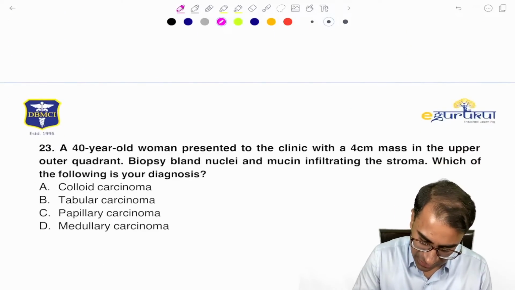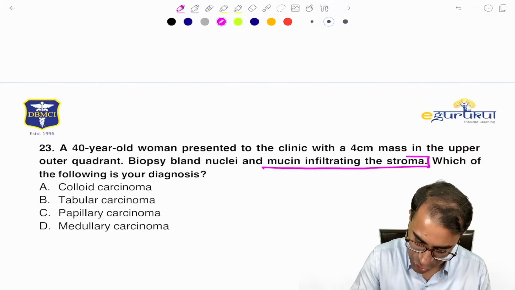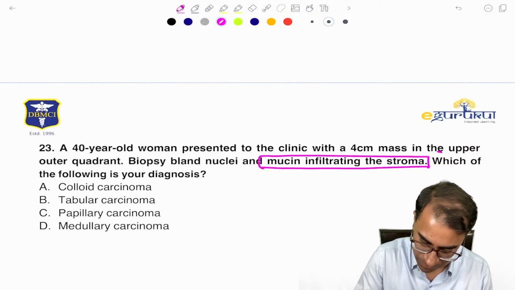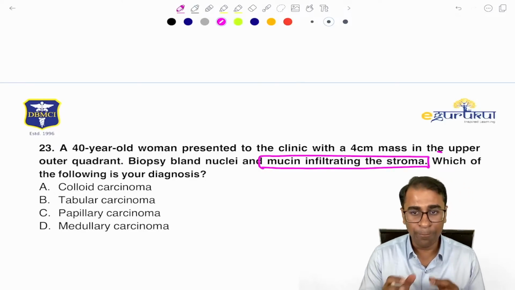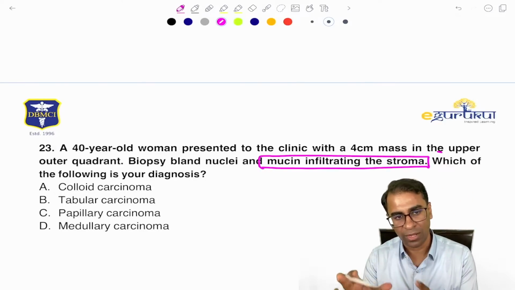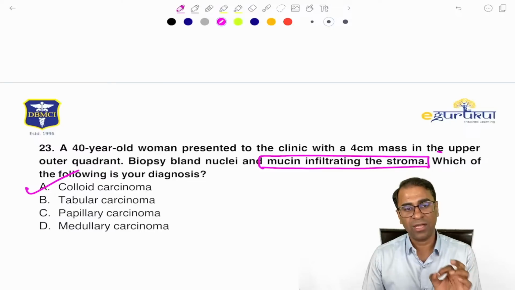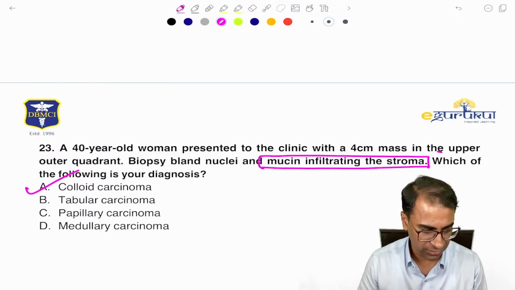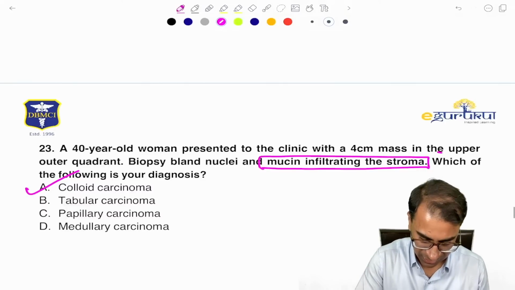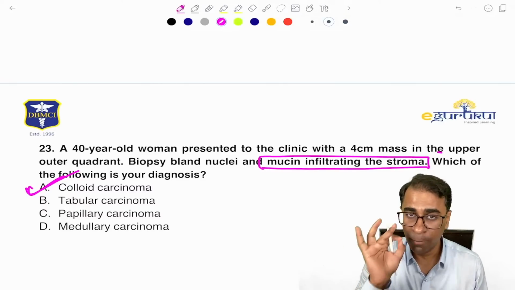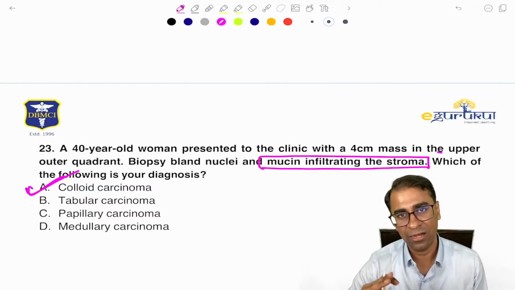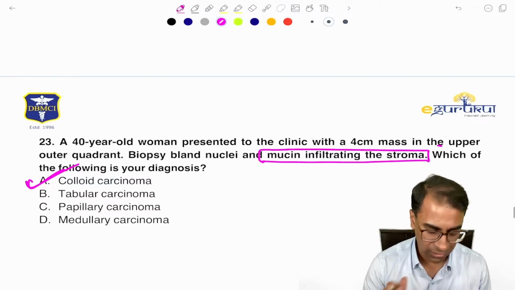The patient has mucin filling the stroma in the breast. Okay, so when you get mucin filling the stroma in the breast, it becomes a case of colloid carcinoma. Okay, colloid carcinoma shows what? Mucin in the breast mass. In the breast mass, what do you see? Colloid carcinoma. Remember this. The moment you see colloid filling breast tissue, it becomes a case of colloid